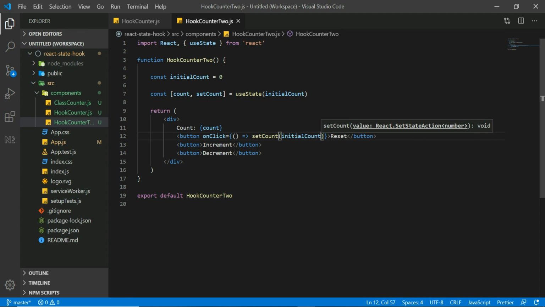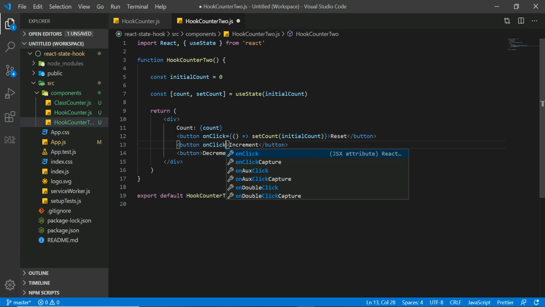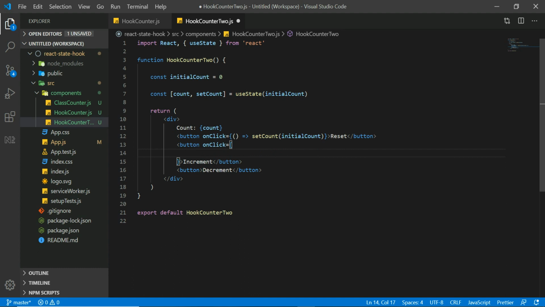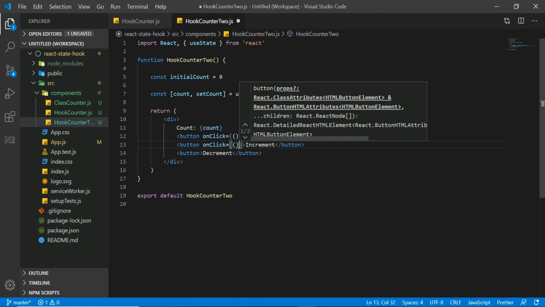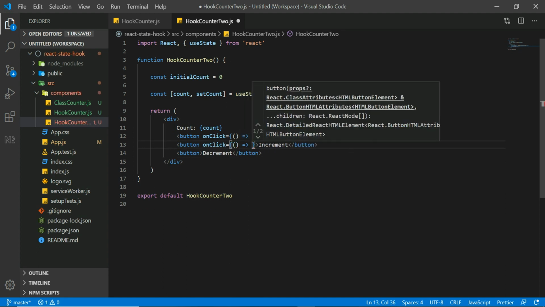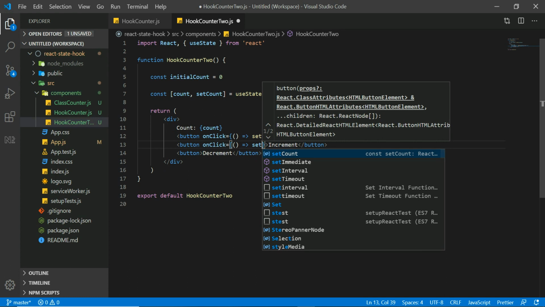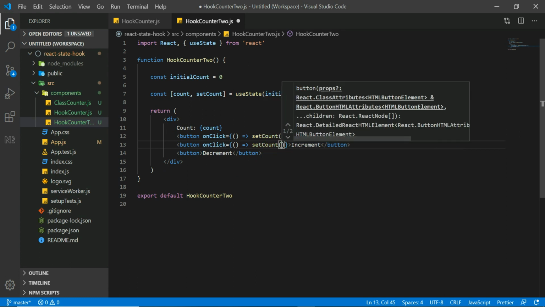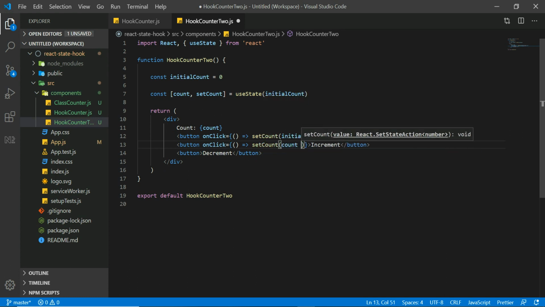So next we have the increment button here. So onClick, it will also be an arrow function. We need to call here the setCount setter method and the argument will be count plus 1, so that it will increase the count value by 1.